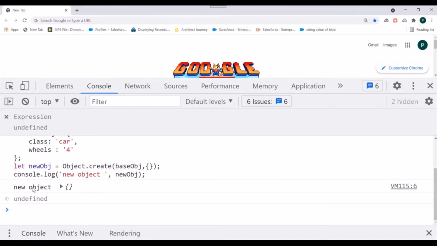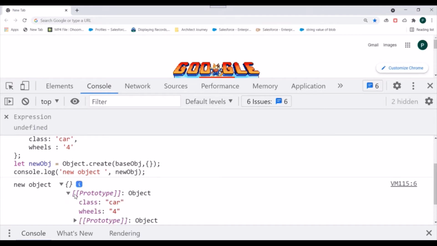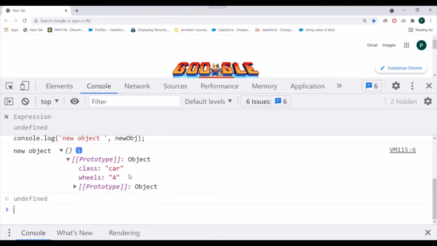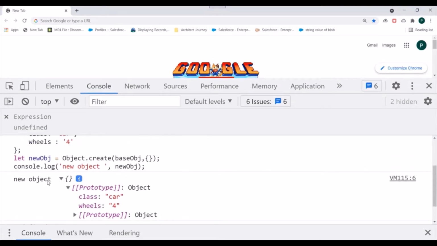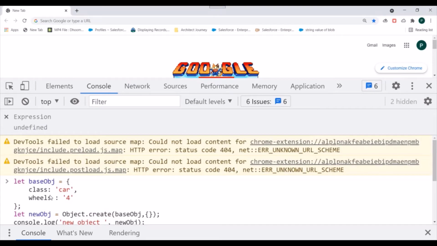Now you can see this console log. It looks empty, but if you expand this, you can see we have a prototype, and if you expand this, you can see the properties. So what's happening is this new object is getting created with the base object as a prototype.